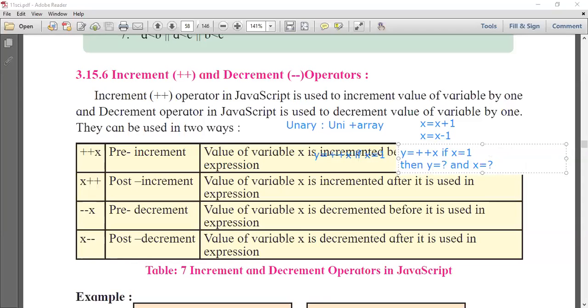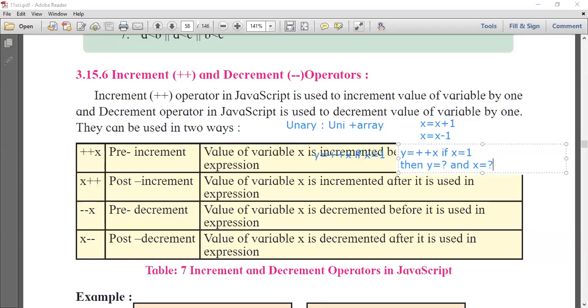The question is that y is equal to plus plus x. This is the equation. If x is equal to 1, then what will be the value of y, and what will be the value of x?